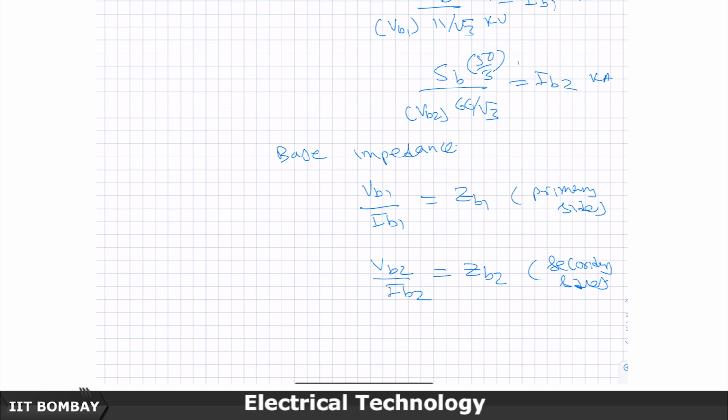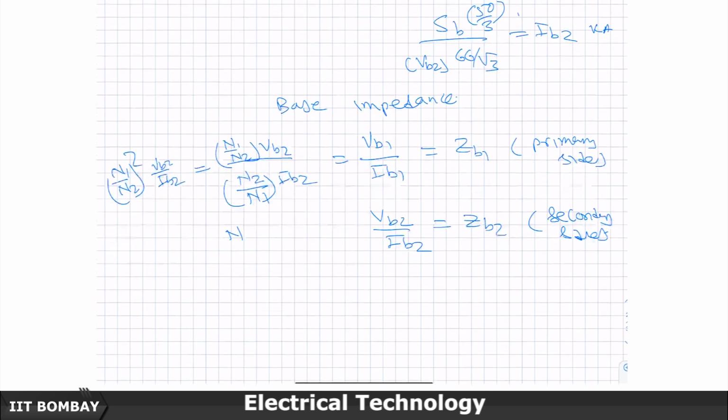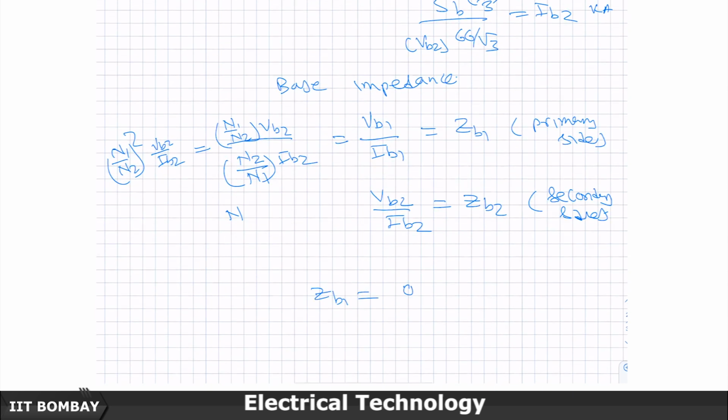Now, these base impedances are related. VB1 is N1 by N2 times VB2, and IB1 is N2 by N1 times IB2. Therefore, the ratio VB1 by IB1 is N1 by N2 whole square times VB2 by IB2, or in other words, ZB1 is N1 by N2, let us call it A,